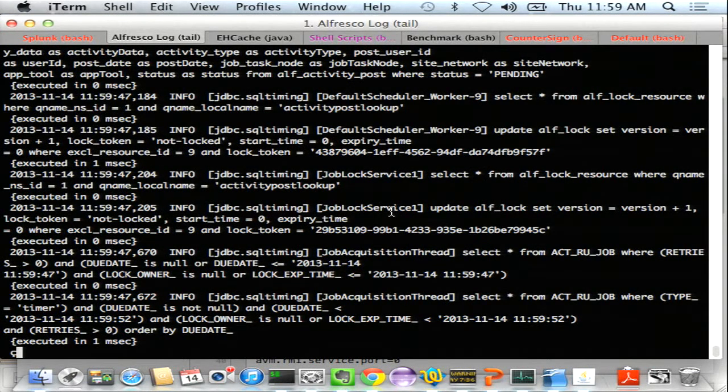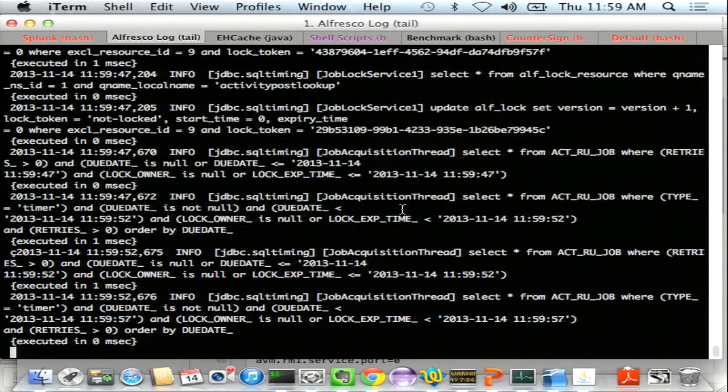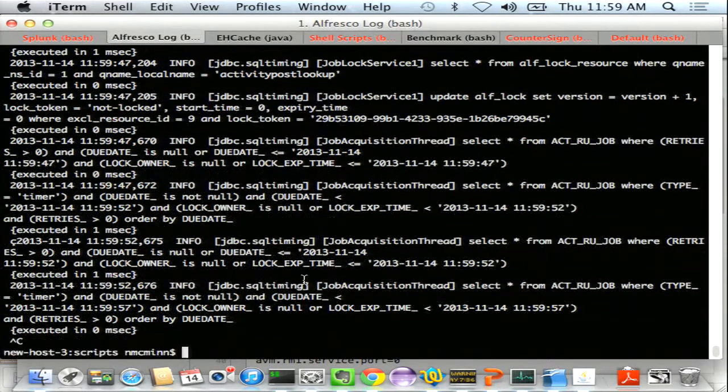So if we were to actually take a look at this, what we're going to see in our log file as Log4JDBC is running, it's actually going to output every SQL statement that's being executed through JDBC. It's also going to give us how long it's taking to execute. So you can pipe this information into a log analyzer like Splunk or whatever your tool of choice is to actually get a better idea of what types of queries are being executed against the repository and how long they're